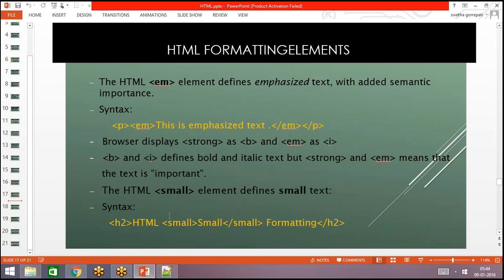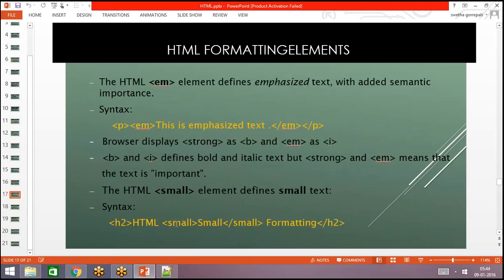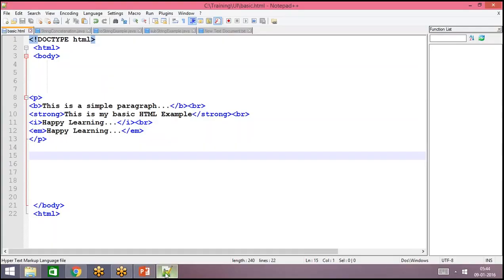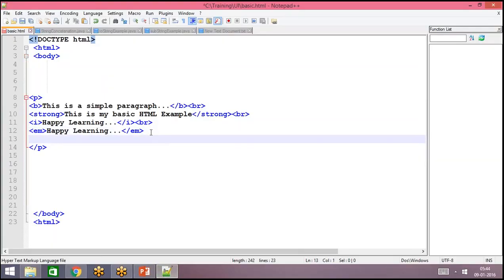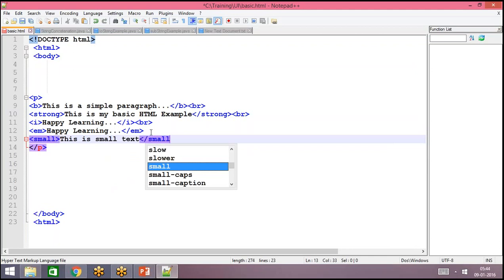And then to show the small text, we can use the small element, and then marked text, deleted text and inserted text. Now let us see how we can show the text in a smaller font using the small element. Now this statement will be shown on the browser page in a smaller font.